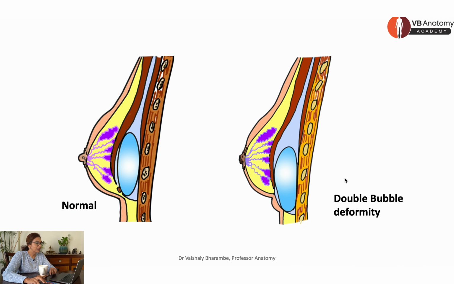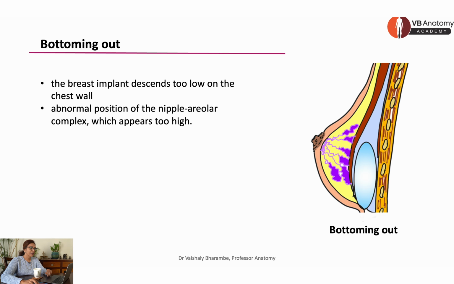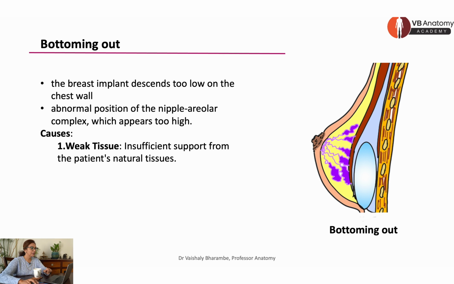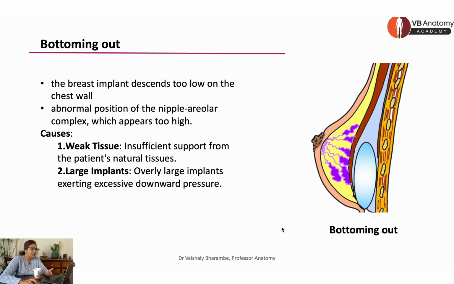Also, there are some problems. Let's take a look. So you can see this is normal and you can see that the implant behind the pectoralis major has started to sink down. As it sinks down, it causes a double breast appearance. This is called as a double bubble deformity. It gives a very abnormal looking mammary gland. There's something called bottoming out, in which case it sinks in such a way that the rest of the breast tissue lying over it tilts so that there is the whole direction of the nipple and areolar complex changes. This can happen because the surrounding connective tissue is weak. You have used a very large implant. Okay, so that's what happens.